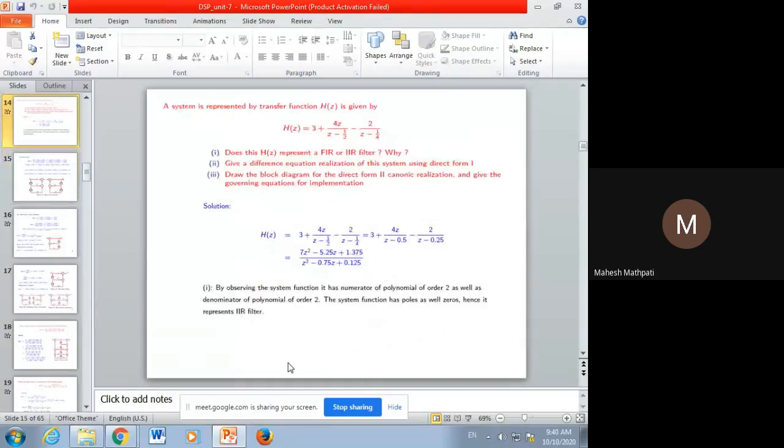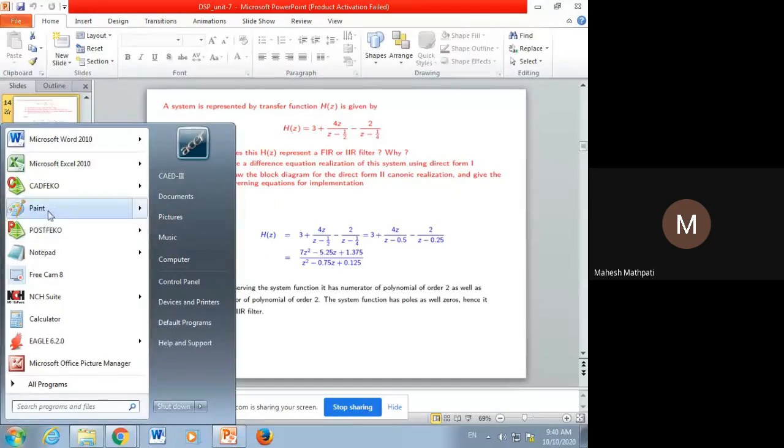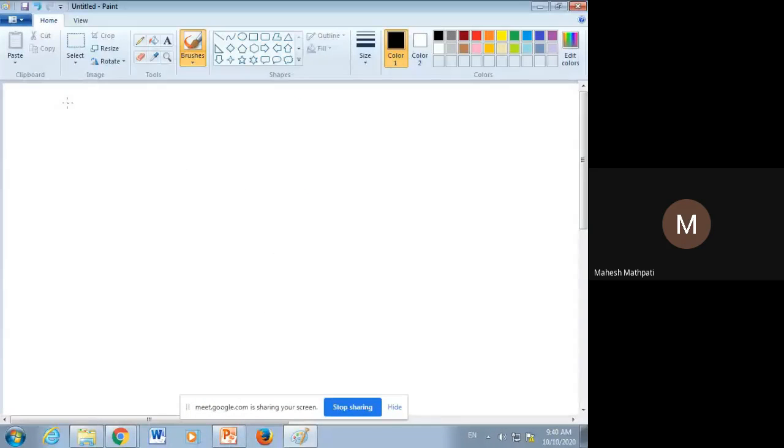So what is expected? So this is the question. Let me write down here once again. Let me draw that diagram also. You just help me in that part. Okay. So what is H of z? We have finally calculated it with respect to yesterday's example. What is H of z? H of z is equal to,